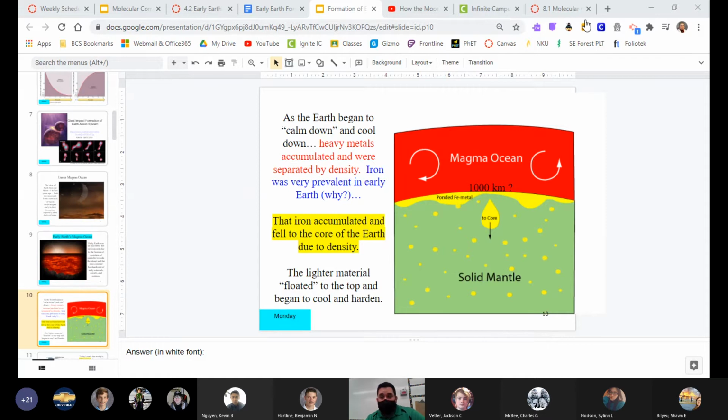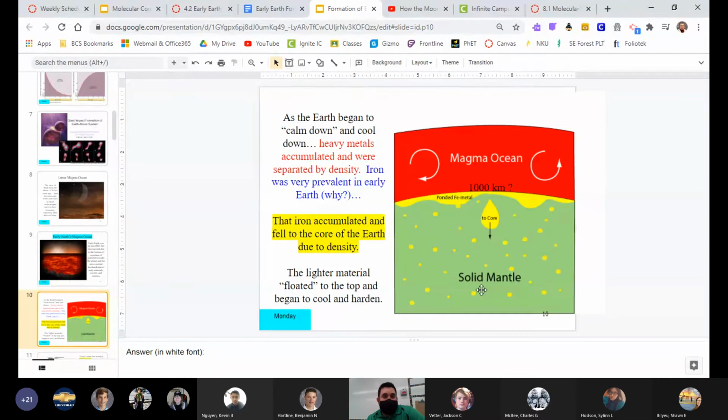And then iron is heavy, so as Matt and Ben said, the iron started to sink down to the bottom, or to the center. Okay, it started to fall to the center, and then iron is basically at the core of Earth right now. The lighter stuff, like silicon, oxygen, those types of things, the lighter elements ended up floating on top. Okay, aluminum, those types of things. And that is what turned into our land, the lighter stuff.